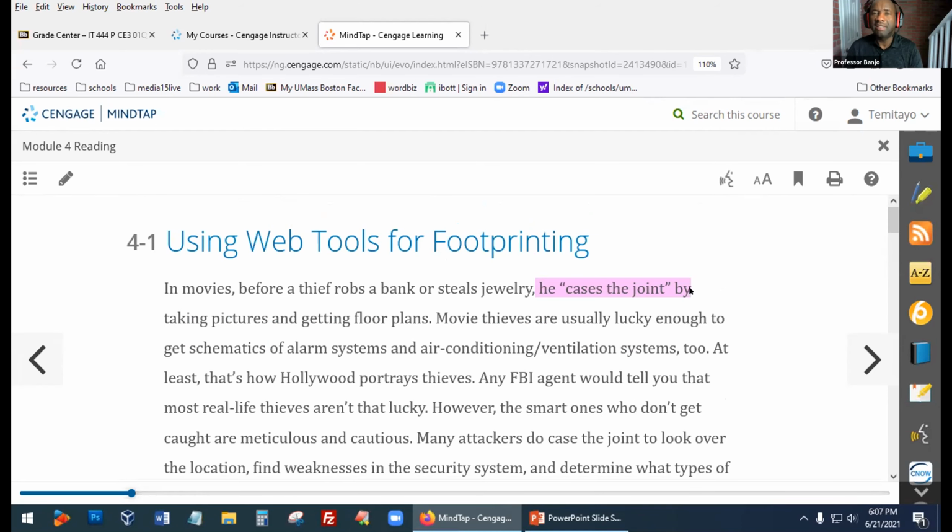And if you've seen movies, then you've been exposed to this kind of criminal activity, trying to figure out what the target looks like. Is there parking? What's the front entrance like? Is there an escape from the back entrance? They look at all that stuff. Also, as security people, we want to be aware of potential attack.